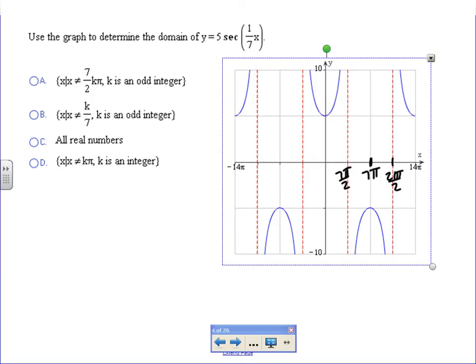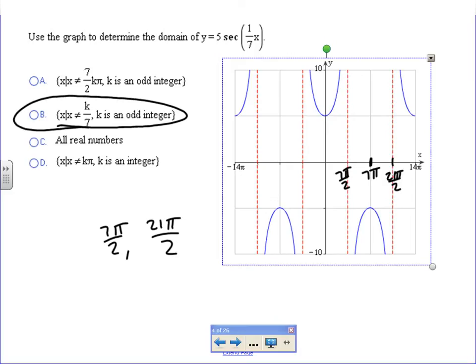And so let's notice here, where is it undefined? And that's going to restrict my domain. So we're undefined at 7 pi over 2. We're also undefined at 21 pi over 2. So let's notice it's not every multiple of 7 pi over 2, but, let me think about that. So 7 pi over 2, the next multiple would be 14 pi over 2. So it's not every multiple, but it's every other multiple. And so that's where it would be